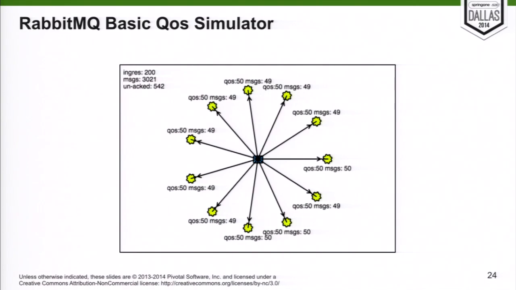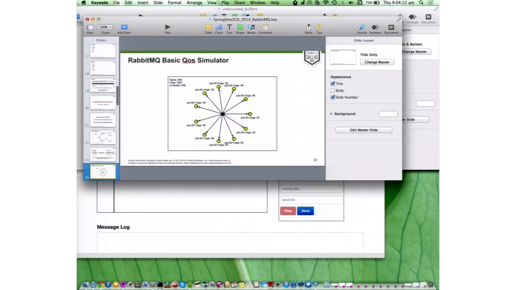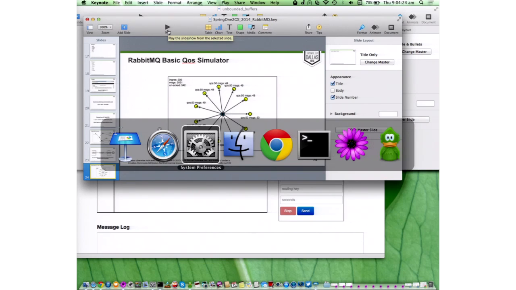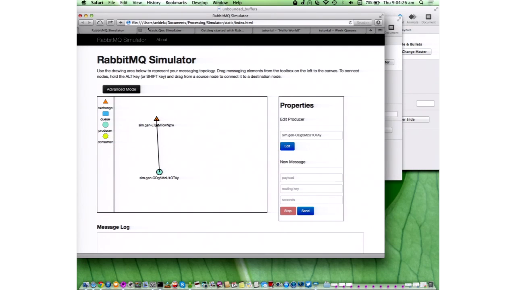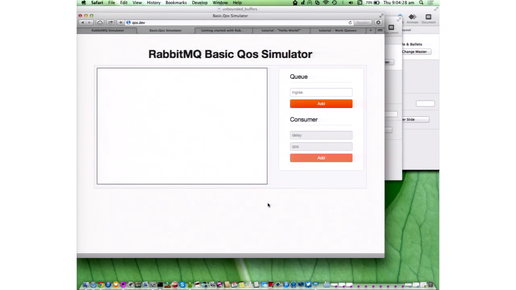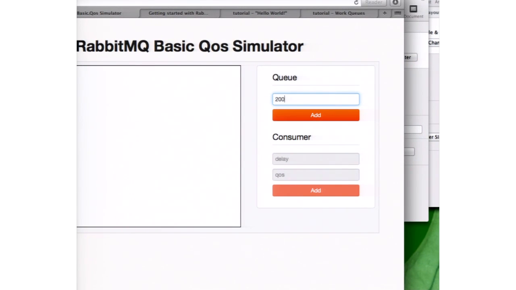And for that, I have a new simulator that we debugged yesterday. We enjoyed that so much, and I want to improve it later. But now the idea is that what I want to show you with this simulator, and that you will be able to use later, is that you will have 200 messages.